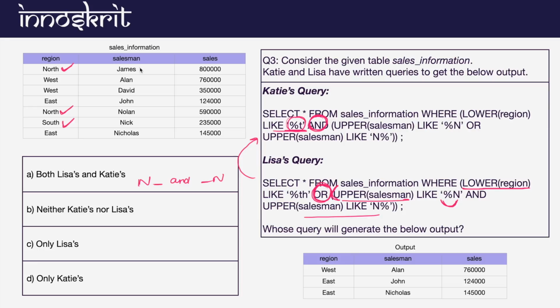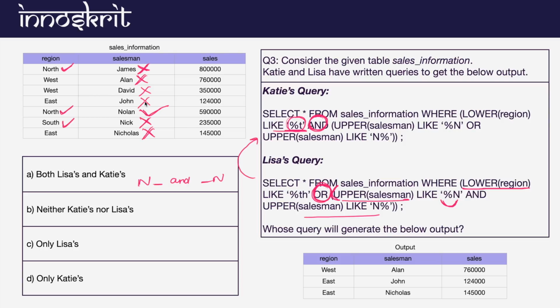In this case, neither is the value starting with N nor ending with N, so this will be neglected. Alan is ending with N but it is not starting with N, so this will also be neglected. David, again it will be neglected, this will also be neglected. Now this value is starting with N and ending with N, so this will be considered. This is starting with N but not ending with N. This is starting with N but not ending with N. So in all of the values we have only one value which is starting with N and ending with N.